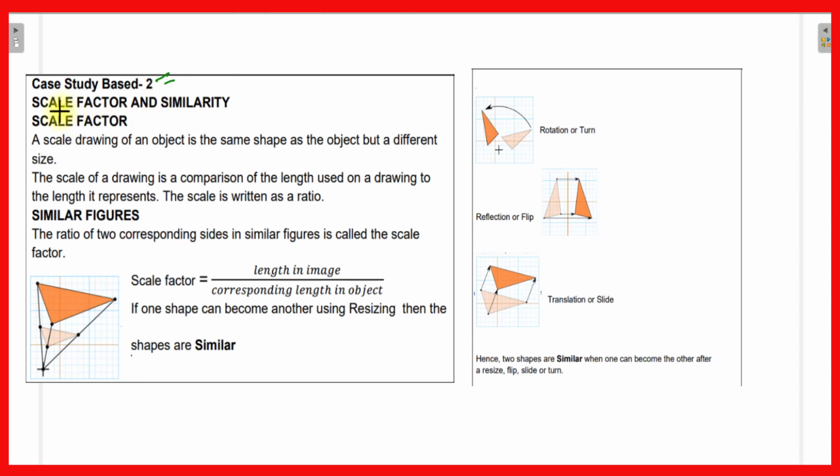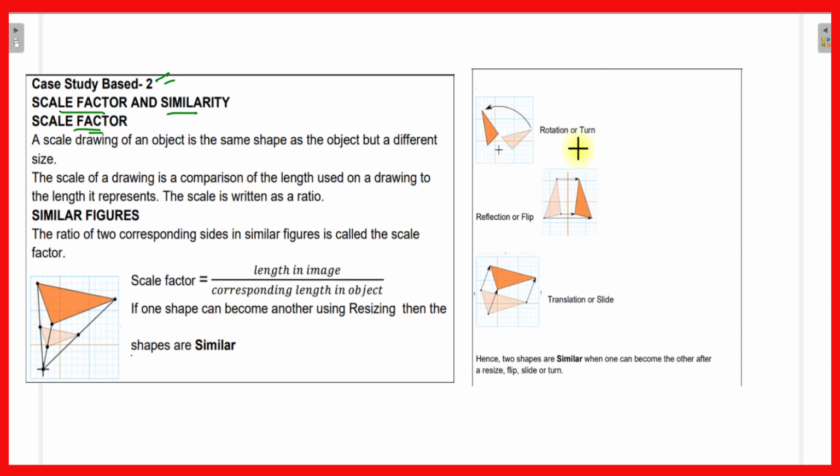It is given in the question that scale factor and similarity scale factor. Here it is given what is scale factor. I am not reading all this because you know this, you have studied it in similar triangles, and you also know similarity scale factor. What is similarity scale factor? That is only given, meaning what you have learned in the textbook is given to you.